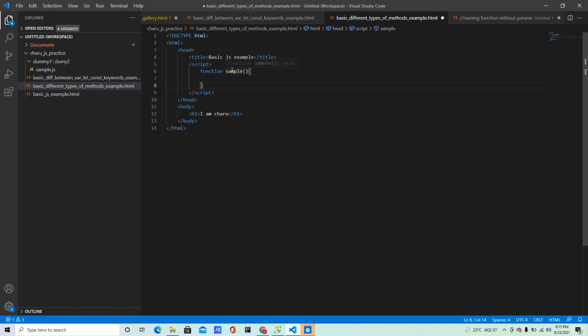With this name only. So how to write the lambda expression then? Sorry, an anonymous function. It doesn't have any name, so without a name we cannot call it. Now I will assign it to a variable: sample equals to. Now what I want to do is just call this entire function like this: sample.